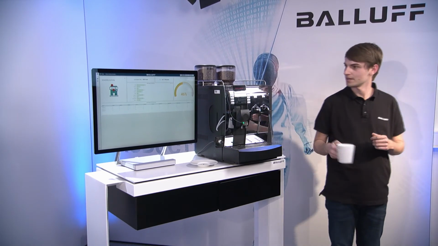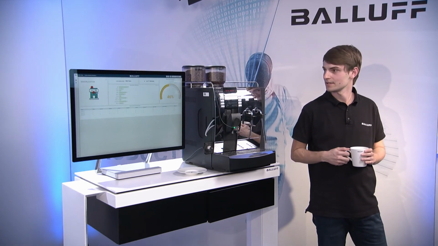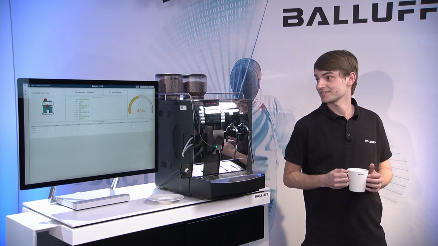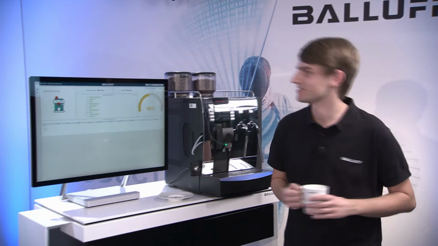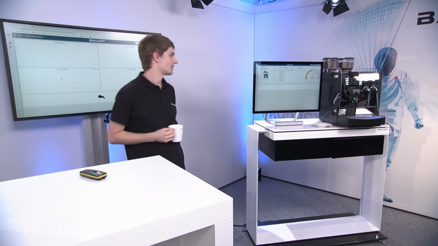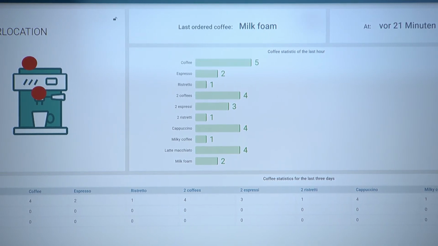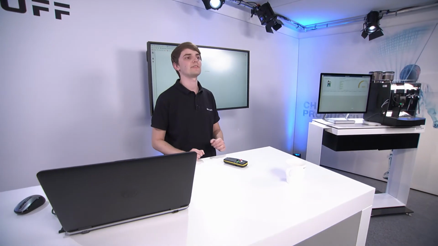And now if I remove the mug, it takes a few seconds, and you see right there, if it doesn't hang, oh, I think it's still stuck. So you should see here the last ordered coffee was a coffee, and it's at this timestamp here. So in sum, I can classify which coffee type is currently made according to my